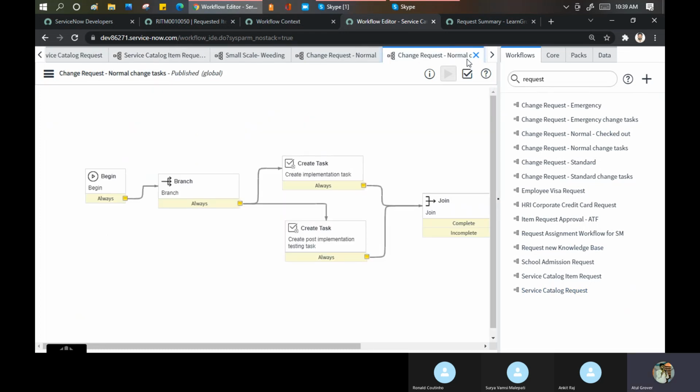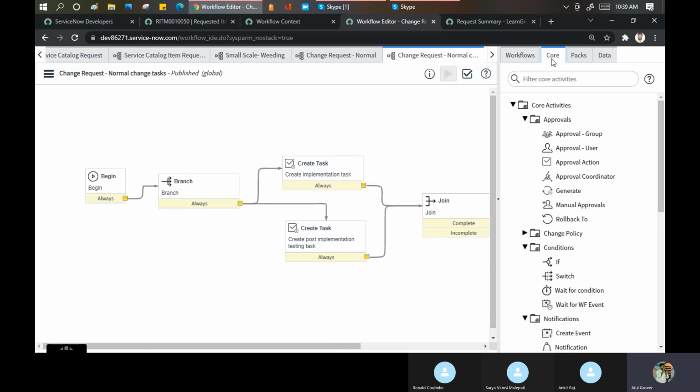Okay, so this is your homework now. I will not proceed further because otherwise you will get confused. But the thing which is required here for you guys is to create minimum 1 or 2 workflows on the different items.